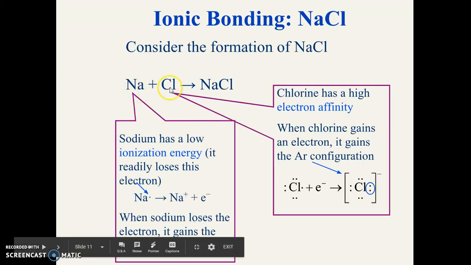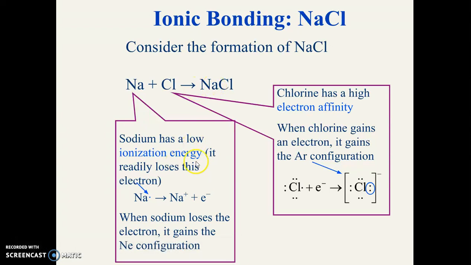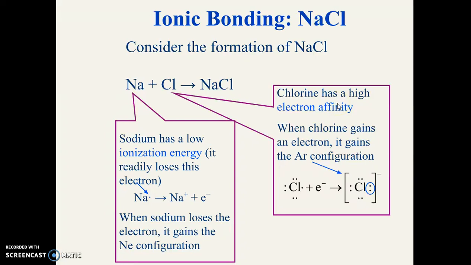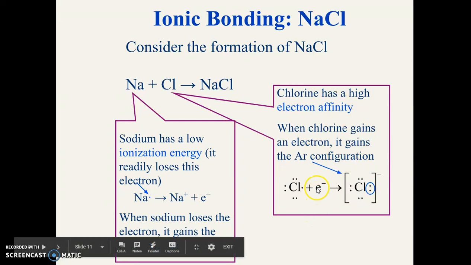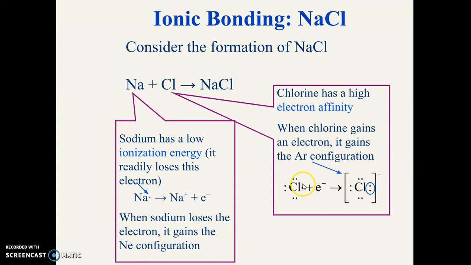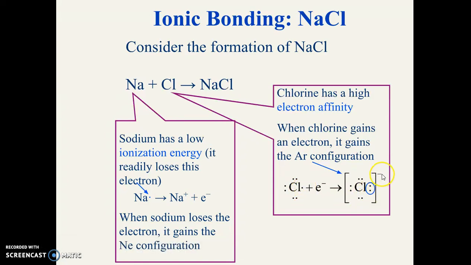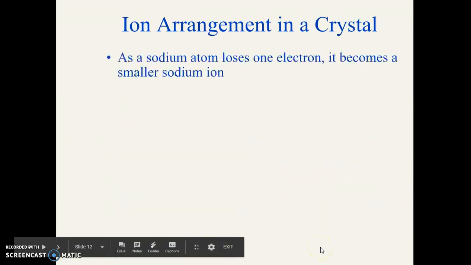So sodium plus chlorine yields sodium chloride. Sodium has a very low ionization energy because it really wants to lose that 1 valence electron. So it's going to lose it and form a positive ion. And now there's this free electron. That free electron is available to go to chlorine, which has a very high electron affinity, meaning it wants electrons. So chlorine is going to take in that electron. And if you see, chlorine on its Lewis dot structure is missing 1. So now chlorine is going to take it and form a negative ion. And when they bond together,